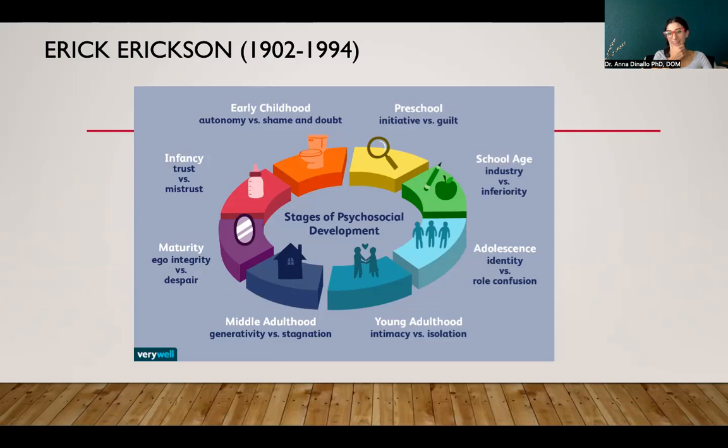I'll try not to give it away, but if we look at Hinduism, look at the chakras. And that's really what I see when I look at Erik Erikson's model. We have trust and mistrust, which is like the root, right? And then early autonomy is about creativity, even sexuality. And we have preschool, which is building your confidence. Am I good or bad? That's like the solar plexus chakra, color yellow. And then the heart as we get to school age. So I'm not saying he stole anything, but I'm just saying how cool that advanced cultures who have been here well before Western psychology kind of mapped this out for us already.